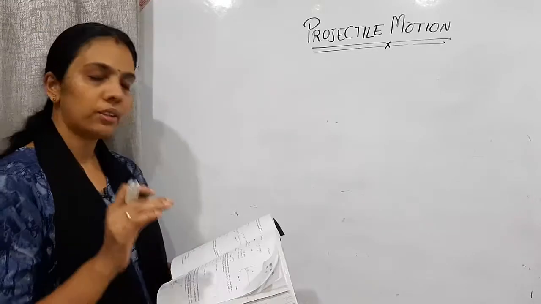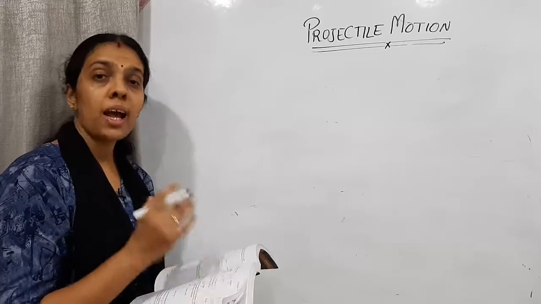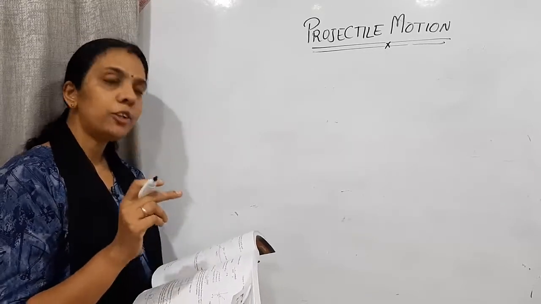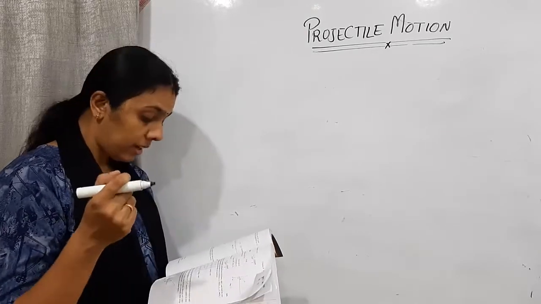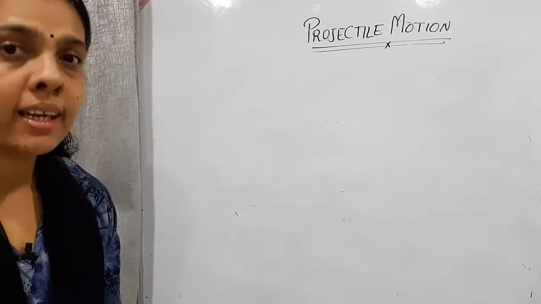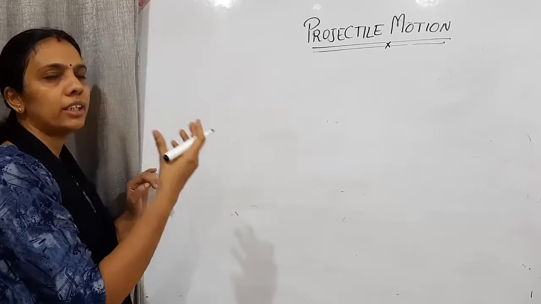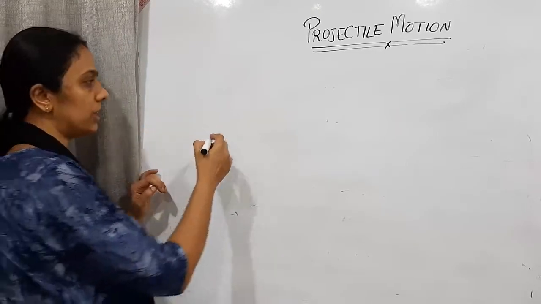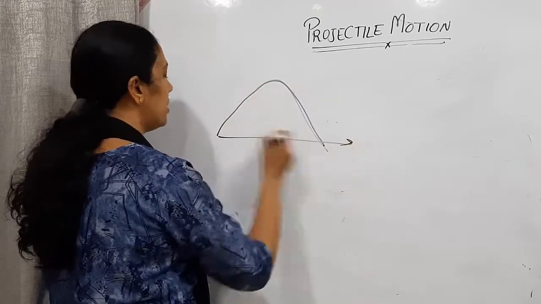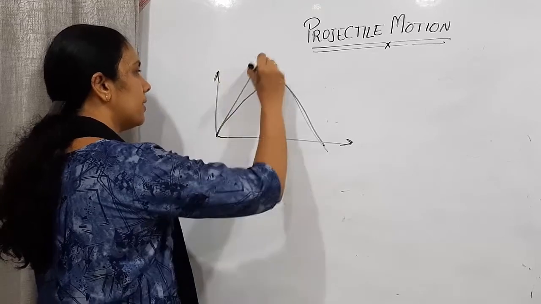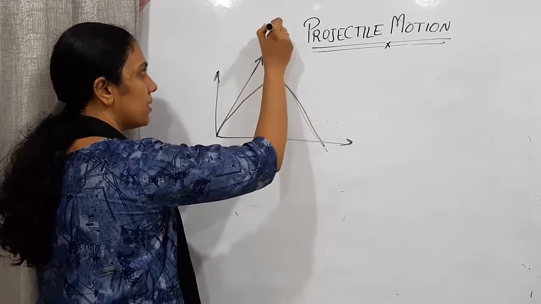So here the condition, first, initially they told about the projectile motion only. Initial velocity is u, angle is theta. But we need to find out the time when the velocity vector is perpendicular to the initial velocity vector. Here this is the projectile motion. So its initial velocity is here, like that. And this is the velocity vector.